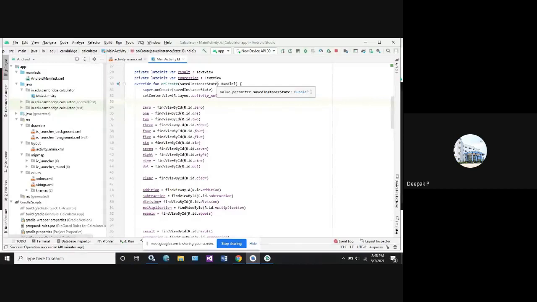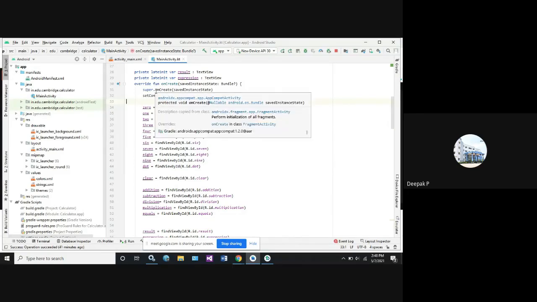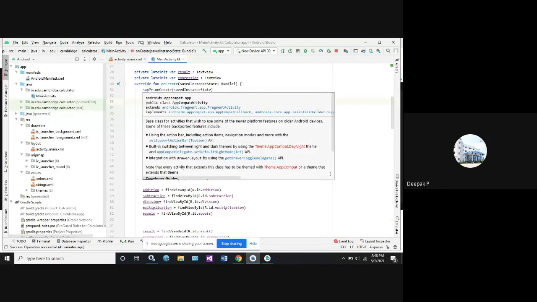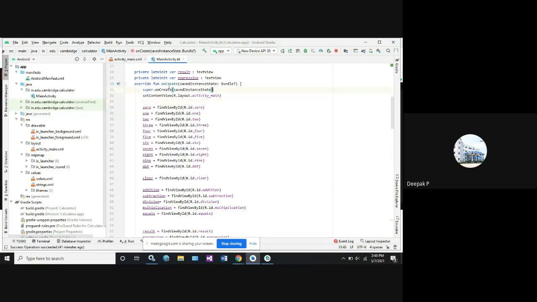Okay. So here, whenever we are loading the saved instance state, we need to be sure that it has to be in the functionality of the public class. So that data has to be loaded in the form of private or public. So as we have taken private as our keyword, what I should do is go for the super keyword. So what does super do? Super is nothing but a keyword which, if you want, you can see here itself. It is nothing but an action bar which loads the action items to the particular mode in the navigation screen. Okay. So once the data has been loaded, we need to set our content view.